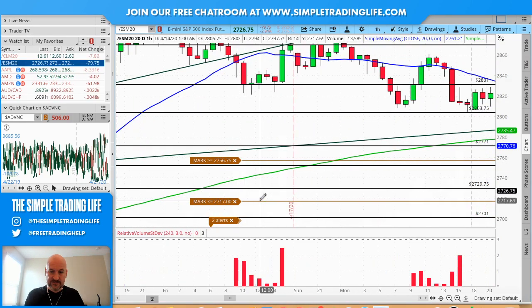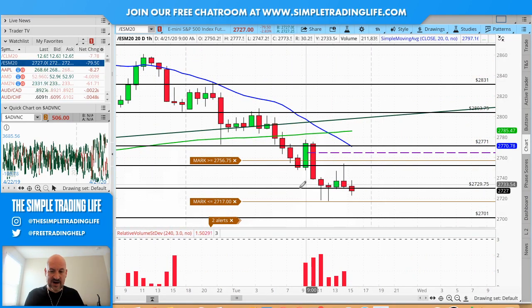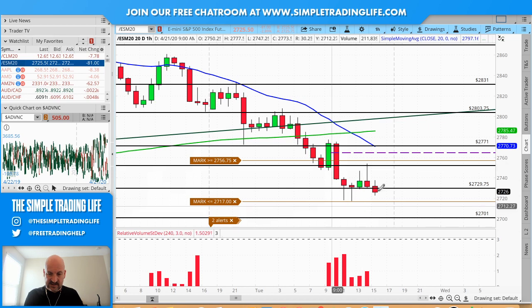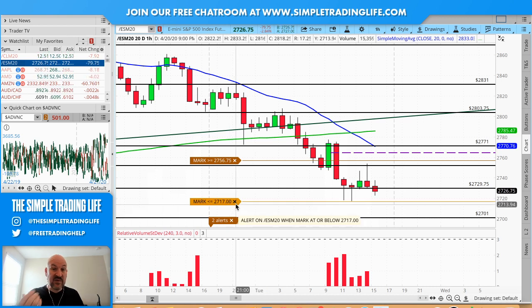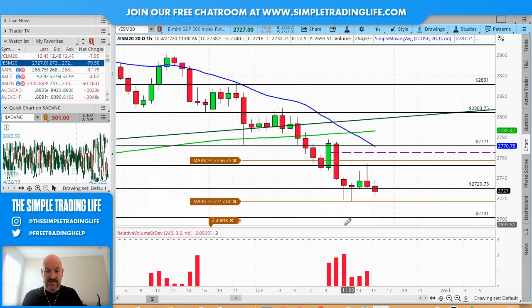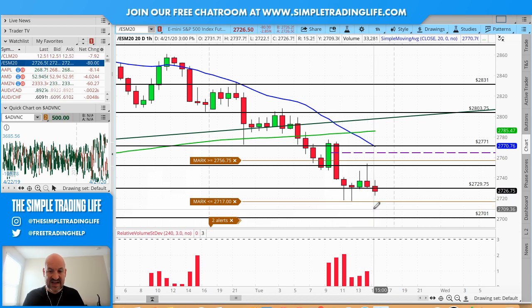So if we come back over, now we're still on the 1 hour right now because this is where Sonny's seen these four candles. But we broke there. We got a $6 pop down. And right now we just sort of stalled out because we're right in the middle of these two big bottoming tails. But we have an alert. So if this alert goes off, that tells us that the sellers are coming in trying to drive it lower. But even if this goes off, then we have to get through 27.11. Now that would make for a good trade. If you could get through here and just make it to 27.11, that's a good trade, right?